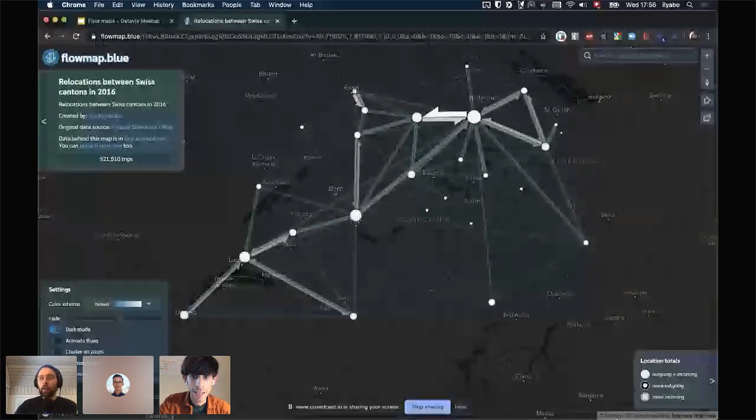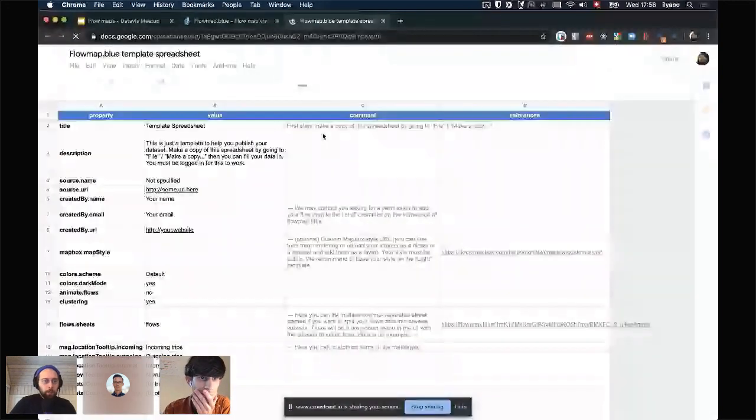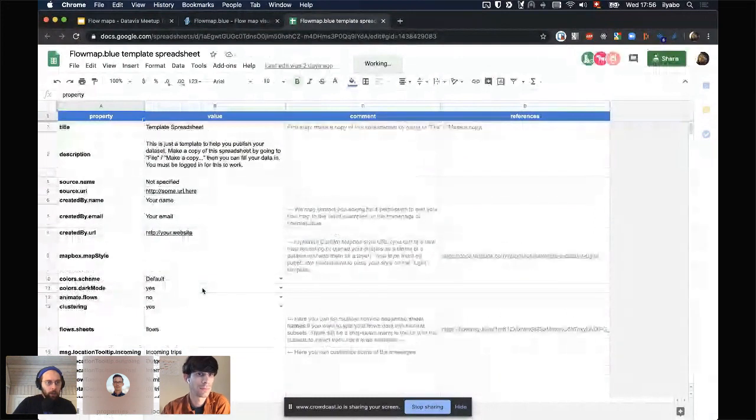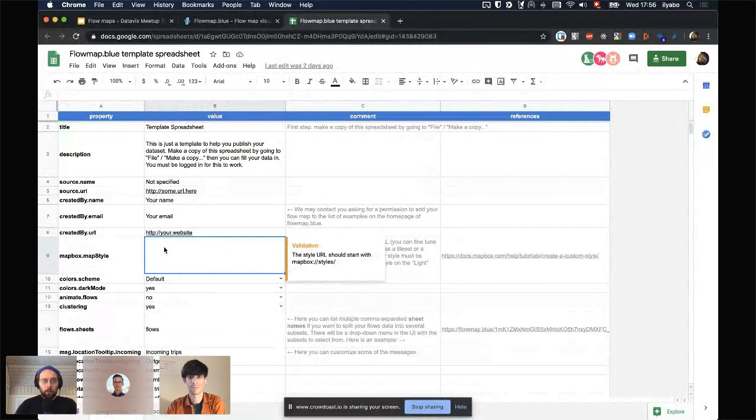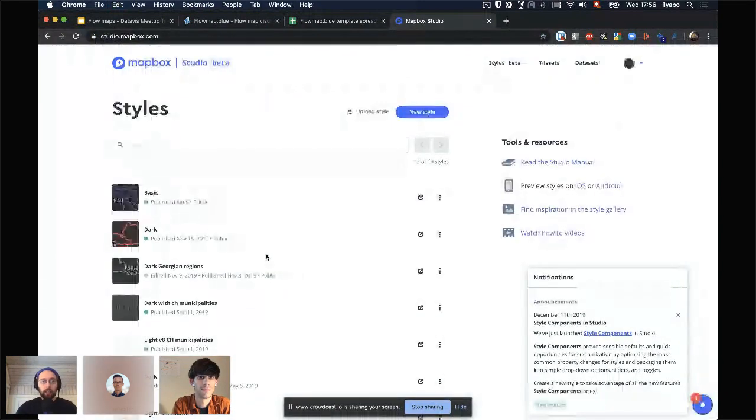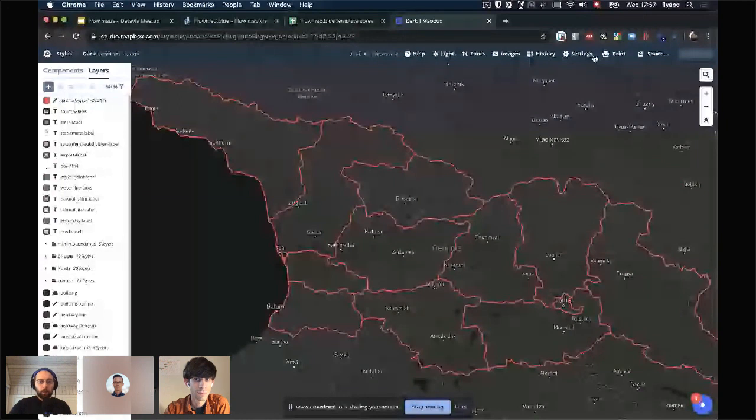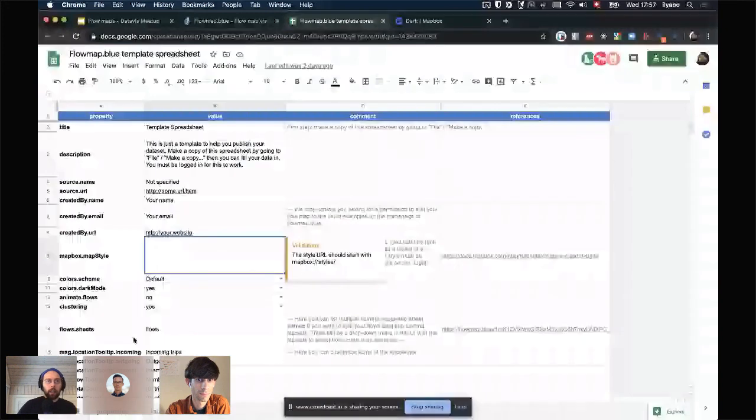Another question. Can I use a custom base map with Flowmap.blue? Yes. If you open the template spreadsheet, there is a property, Mapbox map style. So you can paste here a URL of a Mapbox style. Mapbox has this fantastic Studio for designing your own map styles, and you can do many things. You can also upload your data on it. Like here, for instance, I uploaded some shapes. Then I can share the URL. You copy the style URL, you paste it here, and then it will appear in